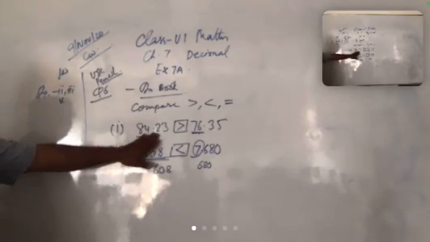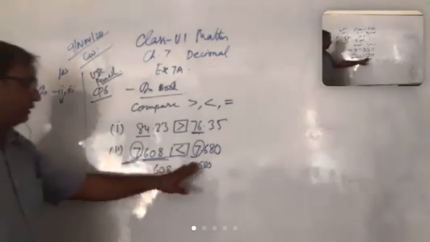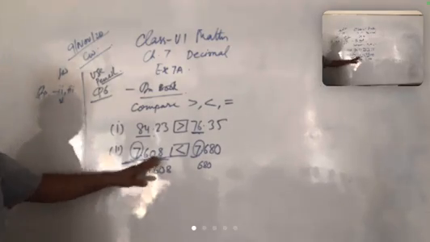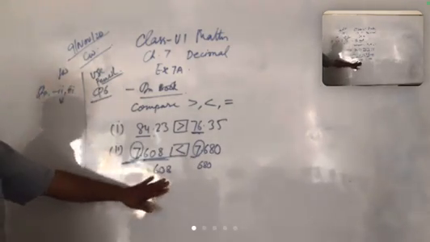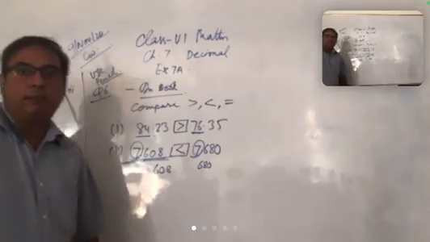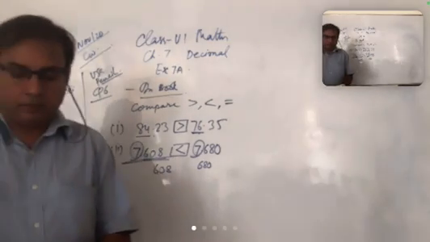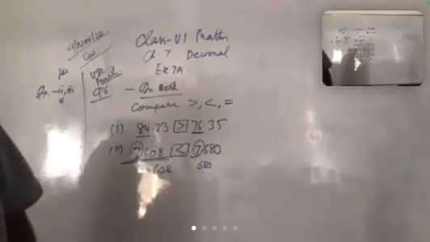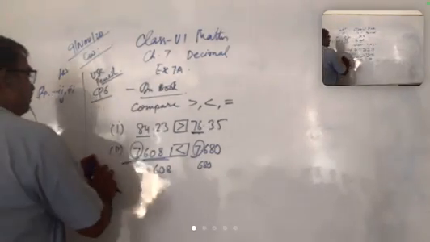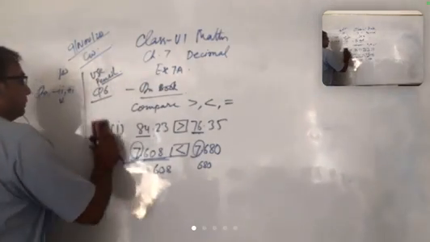You have to check with the whole number. If the whole numbers are the same, then you can make your decimal numbers like and then check कि कौन सा बड़ा है और कौन सा छोटा है. Is that clear? And everyone do it in your book only. Can I rub this?